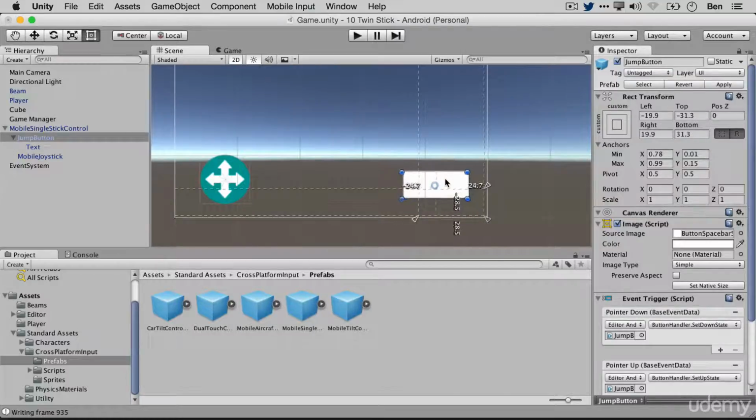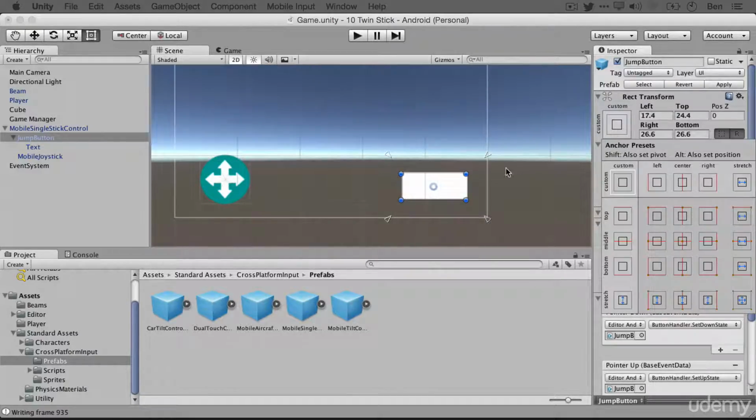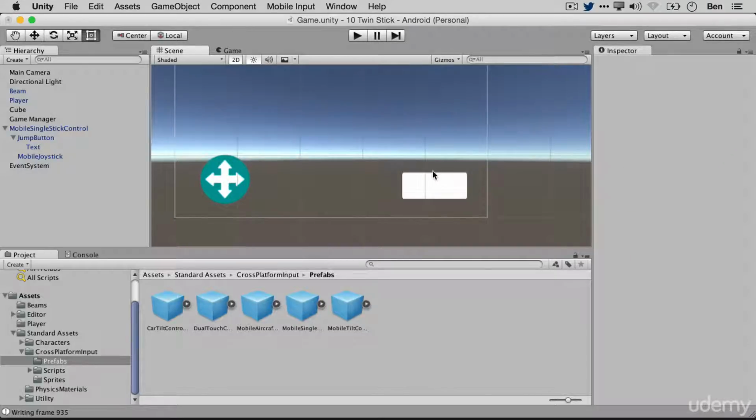So now I'm moving the entire button. But notice I'm not moving its anchors. You see its anchors have stayed where they are. So I just want to talk to you very briefly about these anchors. You can start to manipulate these manually now you know a bit more about Unity. Just grab, rather than using these presets that just set these anchors anyway, you can grab these and say, well,